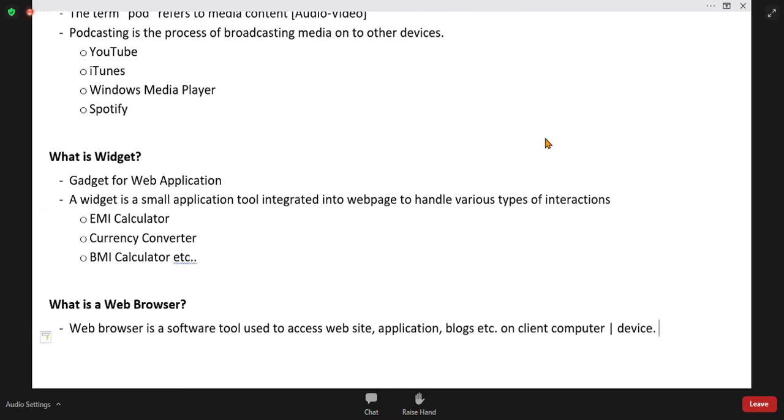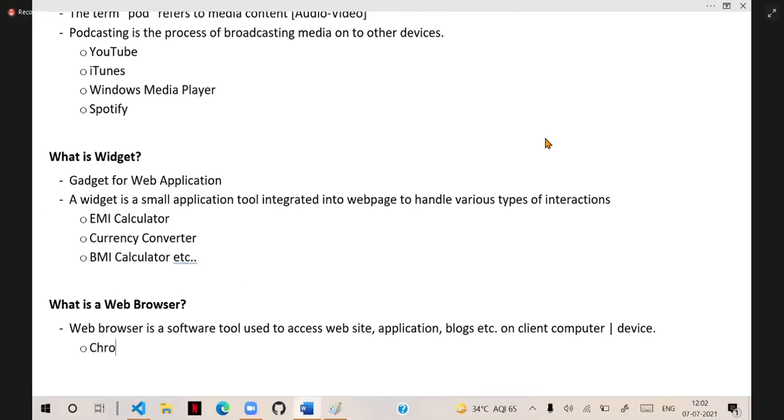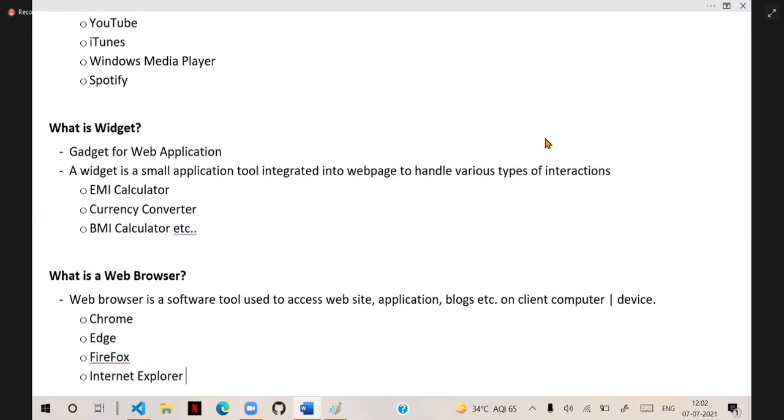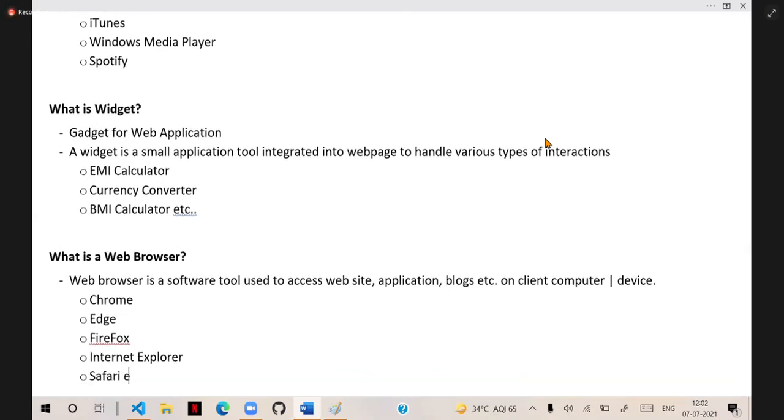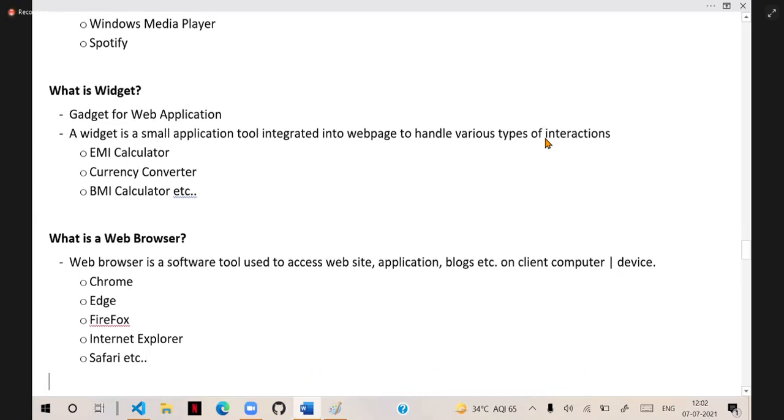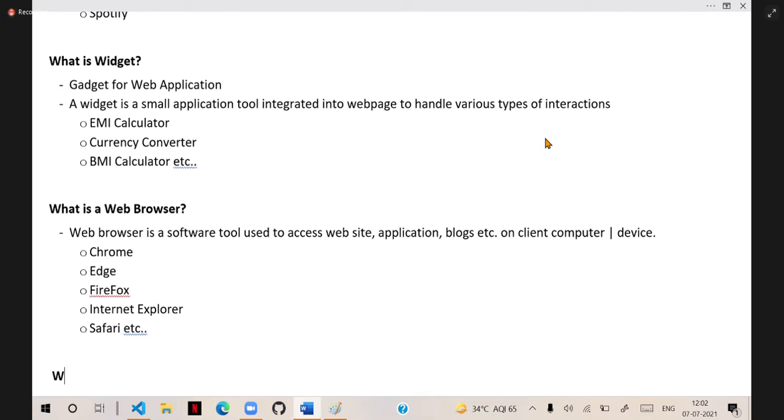Popular browsers are Chrome, Edge, Firefox, Internet Explorer, and Safari. Generally, a browser is a software tool used for accessing and opening websites on our device, on our computer. That is a browser.